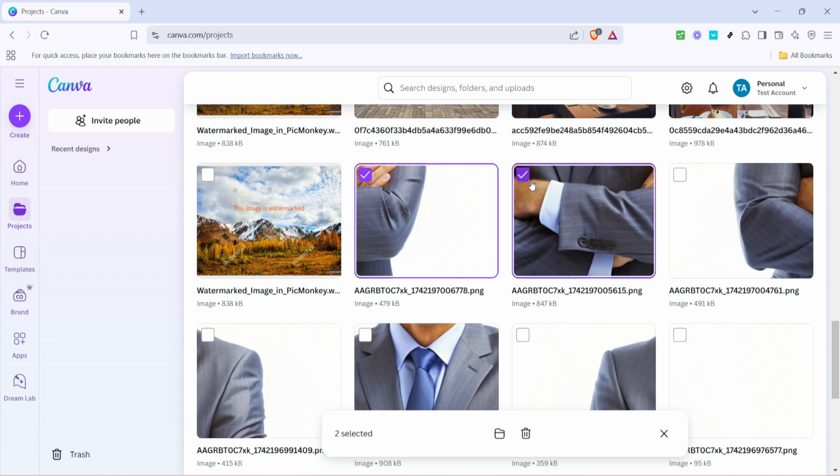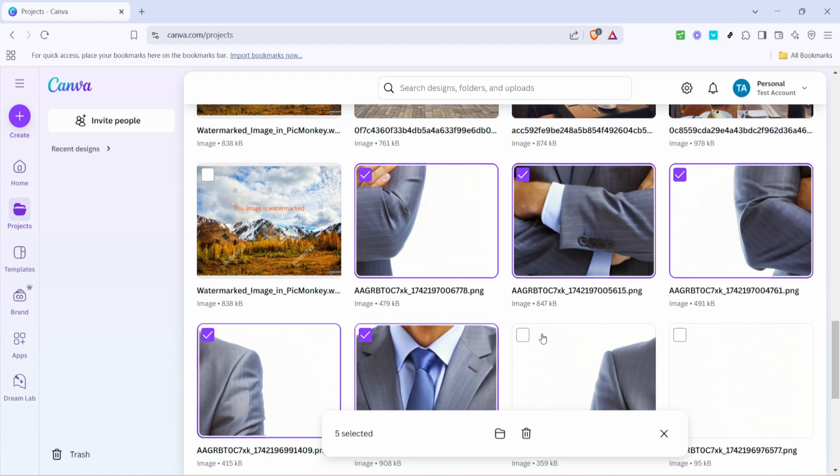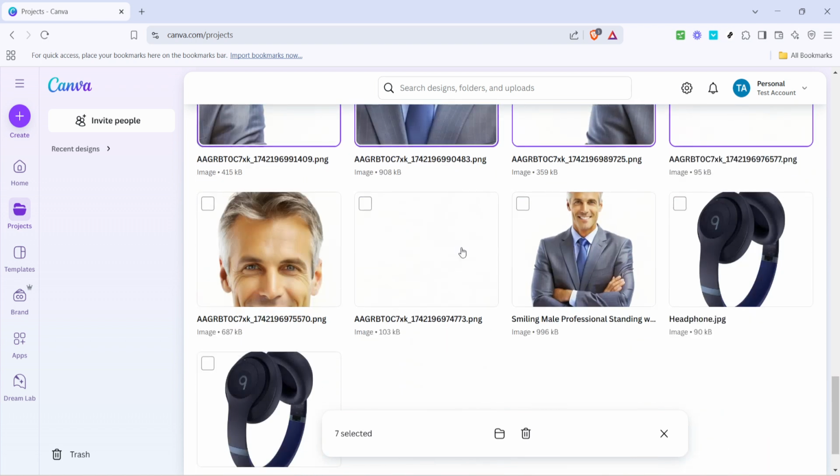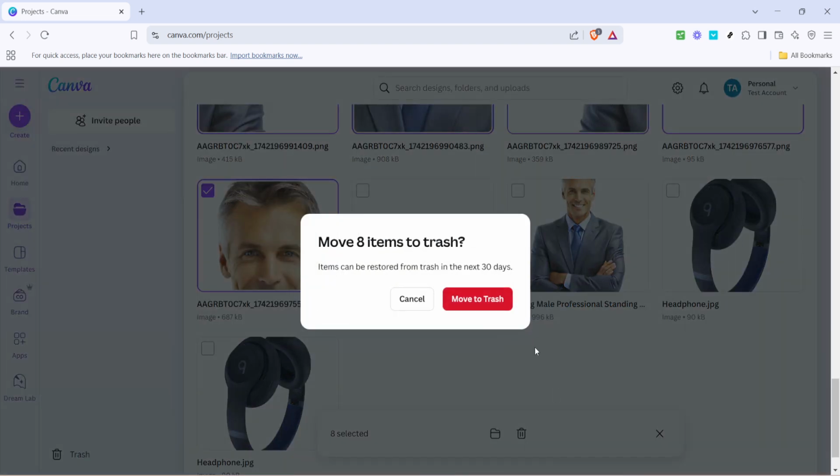After you have your files selected, look for the trash icon. This icon represents the delete function in Canva, and it is typically located somewhere on the lower part of your screen, possibly below your selected items. Clicking this icon will initiate the deletion process. It's essentially the digital equivalent of throwing something away in the garbage, so ensure you have picked the right files